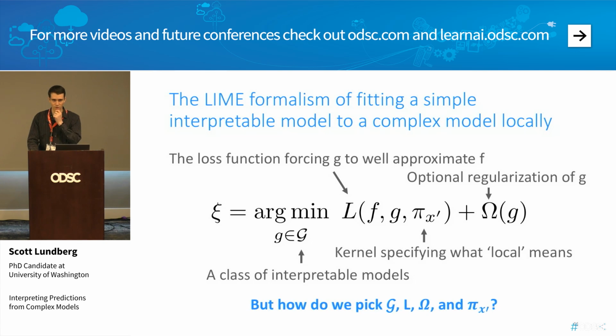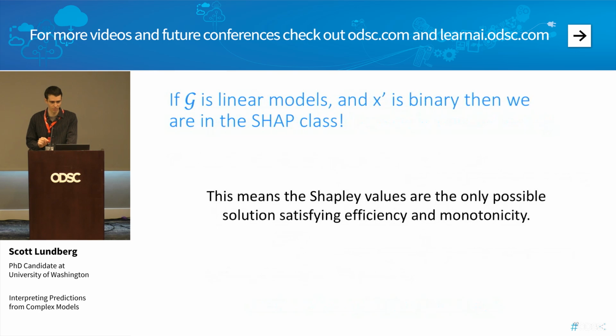But this kind of begs the question in this setup, how on earth do you pick your class of interpretable models, your loss function, your regularization, and your kernel function? These are all things that need to be chosen in this framework. How are we going to do that? Now, Marco and Carlos made very good choices, I think, but they were heuristic choices. But since we now know that they're in the class of additive feature attributions, and we know there's only one right answer, that kind of begs the question,